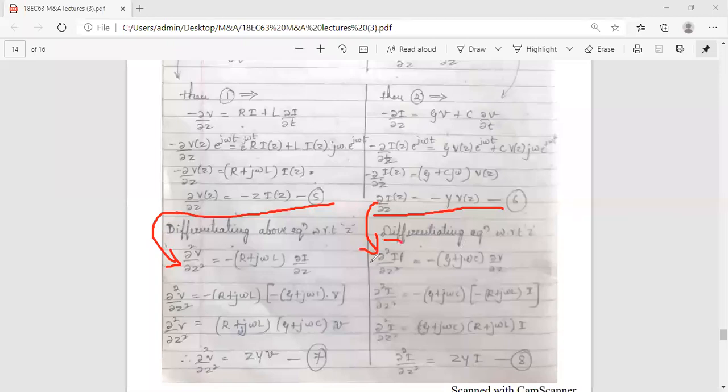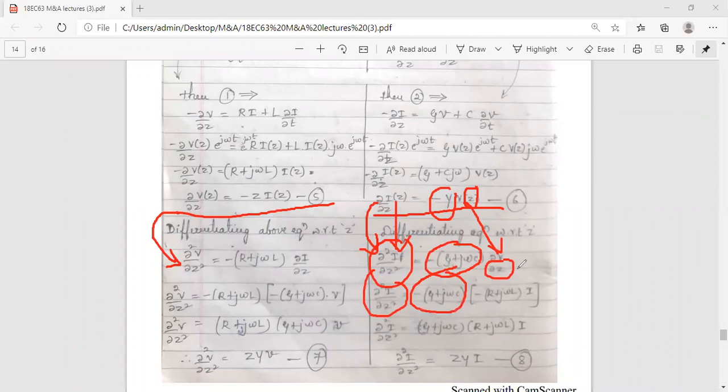When we differentiate it, the LHS, I can simply take I minus y, the admittance, which I have written as g plus j omega c, and v of z, simply I can take v, and as it is with respect to z, dou v by dou z. So LHS is equal to this as it is, minus g plus j omega c as it is, dou v by dou z.